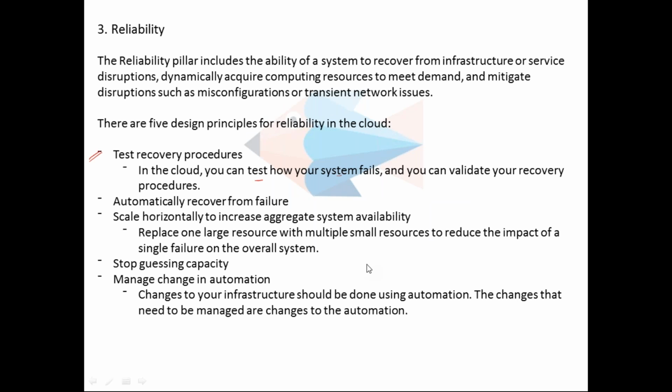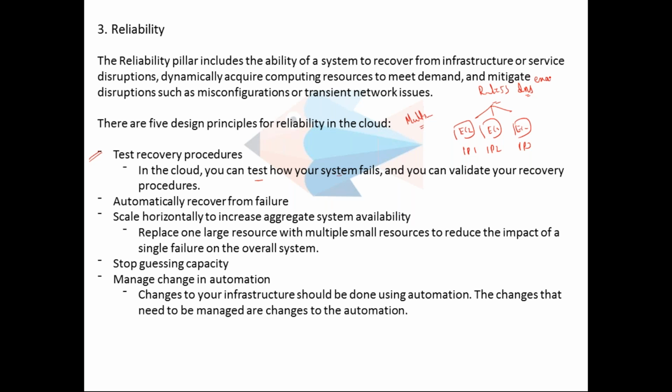Test recovery procedures. As said, for example, if you have built an infrastructure, let's take you have EC2 instances. We have discussed Route 53 also, right? You can actually check how your system fails. For example, under Route 53, you can add 3 instances and enable the multi-value routing policy. Then you give all the IP addresses under the Route 53 domain name.